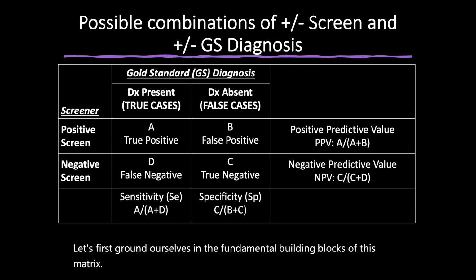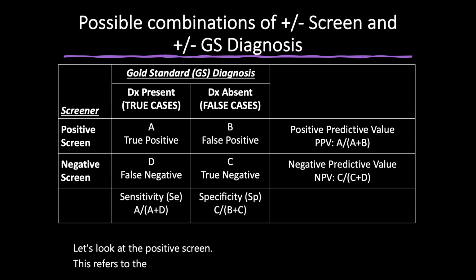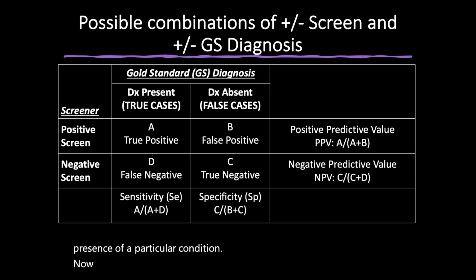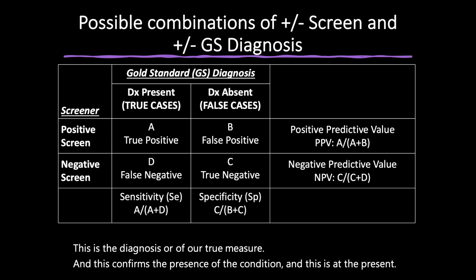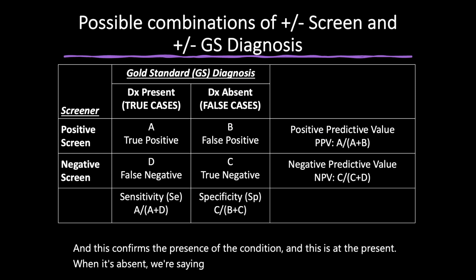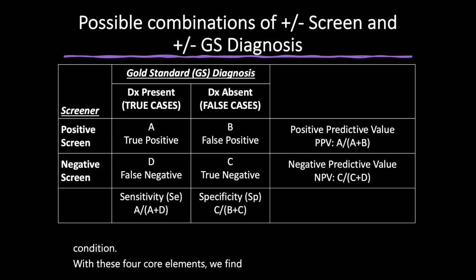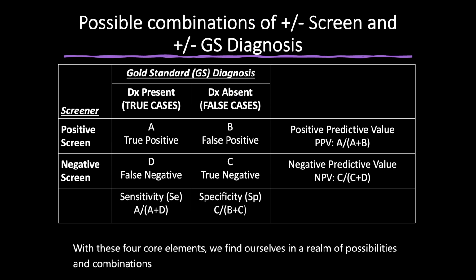Let's look at the positive screen. This refers to the cases where the screener indicates the presence of a specific diagnosis or condition. Our negative screen is referring to the instances where the screener does not detect the presence of a particular condition. The gold standard diagnosis present is our true measure, and this confirms the presence of the condition. When it's absent, we're saying that this confirms the absence of a condition. With these four core elements, we find ourselves in a realm of possibilities and combinations that give rise to